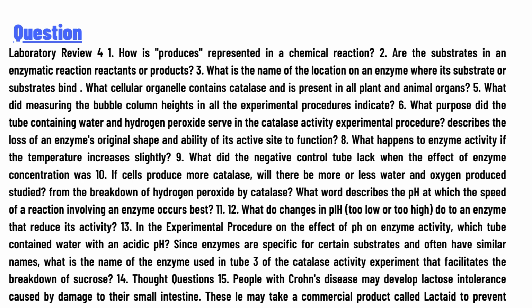Since enzymes are specific for certain substrates and often have similar names, what is the name of the enzyme used in tube 3 of the catalase activity experiment that facilitates the breakdown of